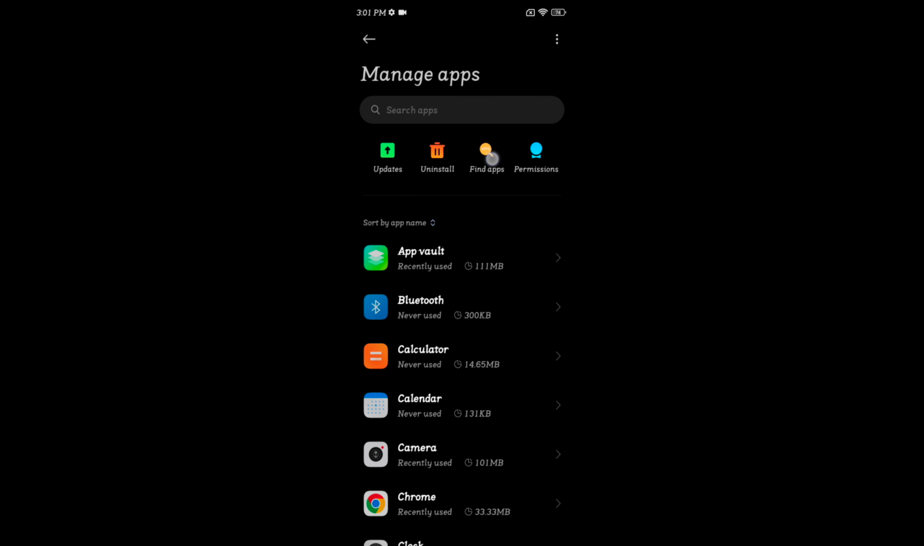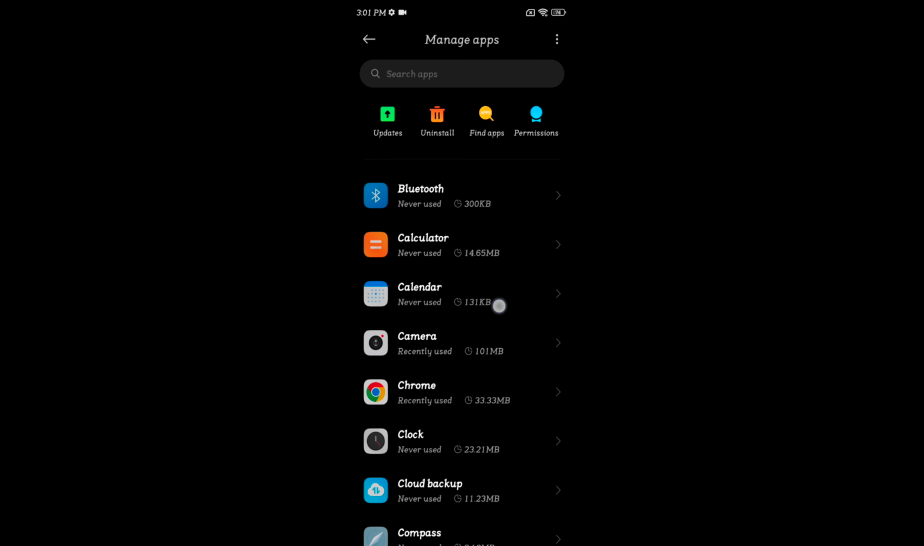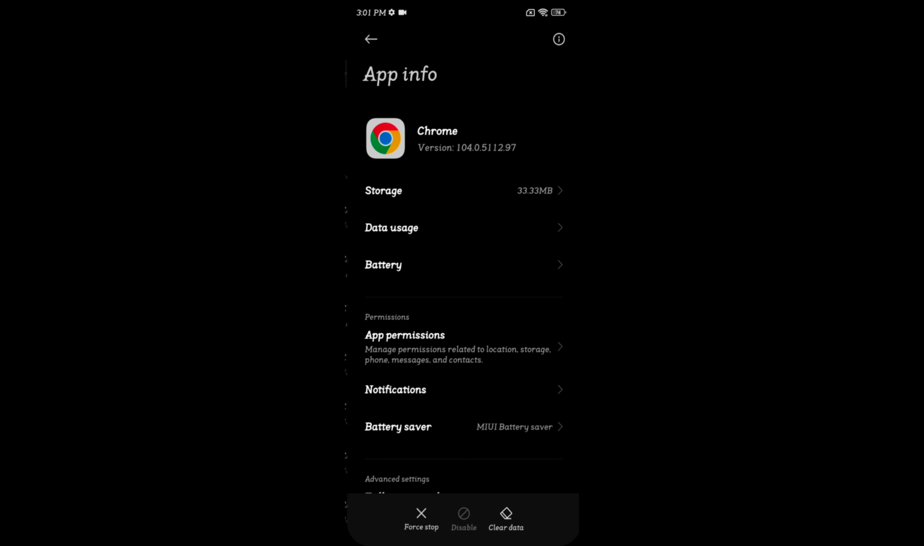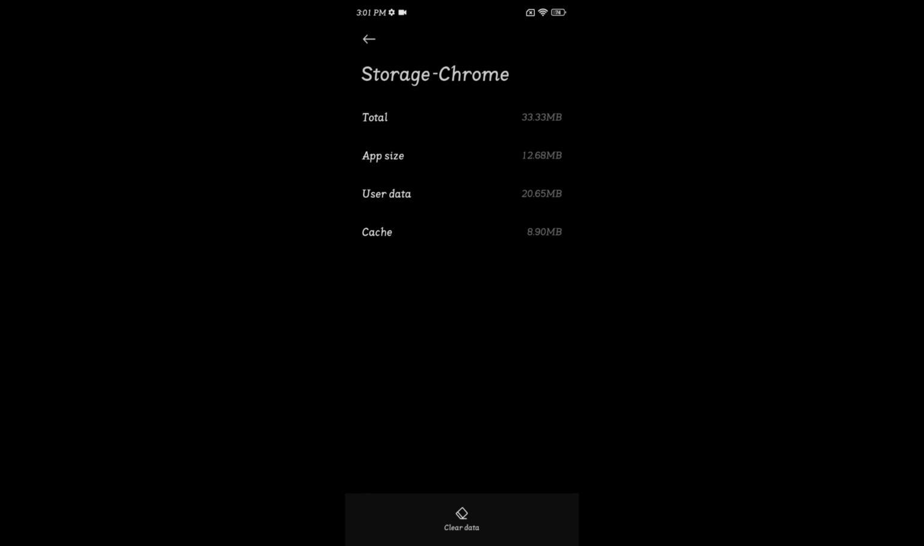You can tap on Find apps and search for the app you want to use. You can also select the app from the list. Select any app you want to clear app cache and data. Tap on Data, tap on Storage, tap on the Clear data button at the bottom middle,